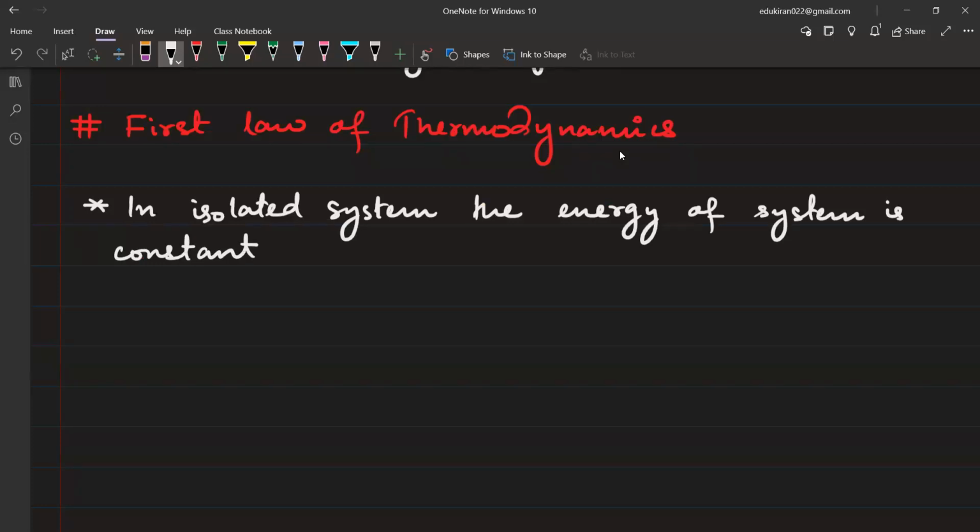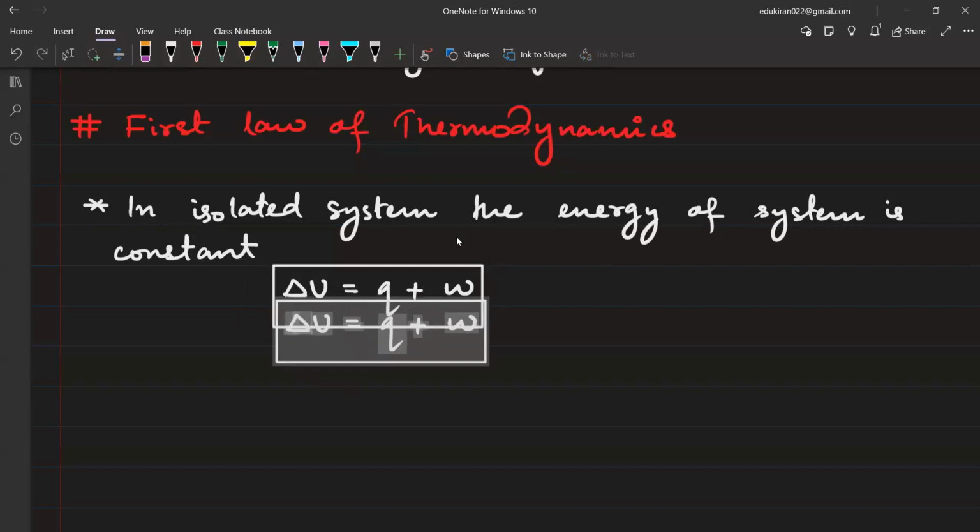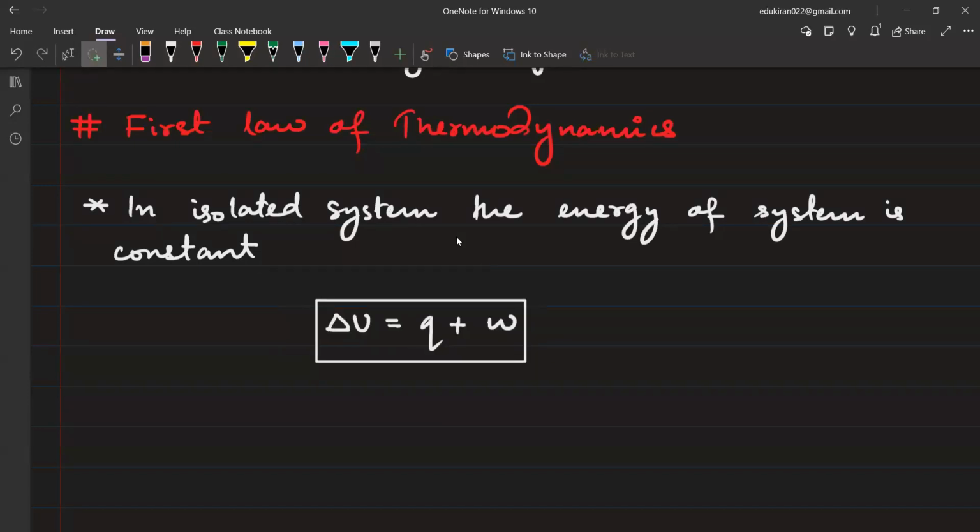It is constant. That is why I will say delta U is equal to Q plus W. It can change either by heat or by work; if neither is happening, it does not change. This is the formula of internal energy. It is either going to be changed by Q or by the work done. Now this is the formula of delta U. Remember this. First law of thermodynamics, in many of the books you will see the abbreviation FLOT, float.